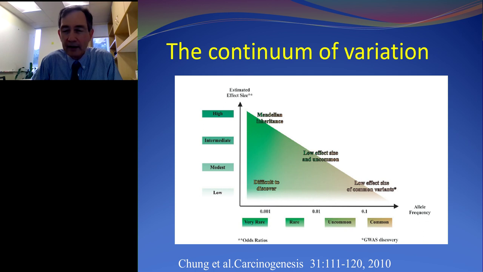So what I have been talking about until now was high-risk families. In those cases, we have multiple relatives affected with a cancer or some disease, and we can use the occurrence of the disease in the family to help us identify the variant, but that requires that there's a high penetrance, there's a high probability that a person will get affected given that they have a mutation that predisposes to the disease. Those kinds of high-risk variants are generally not very common in the population because they're selected against.